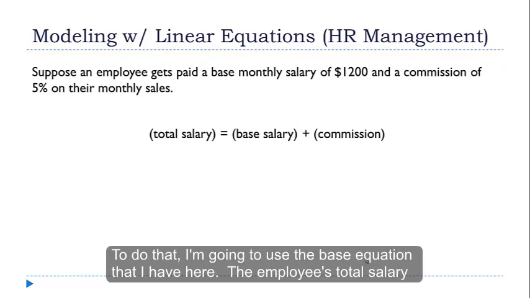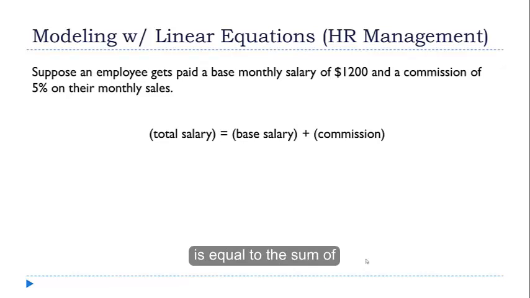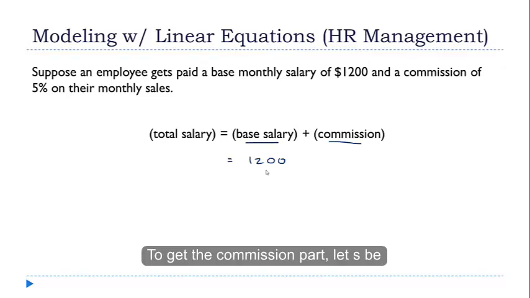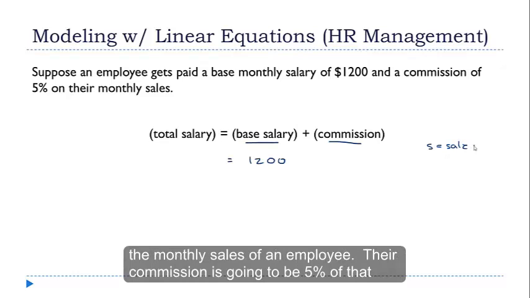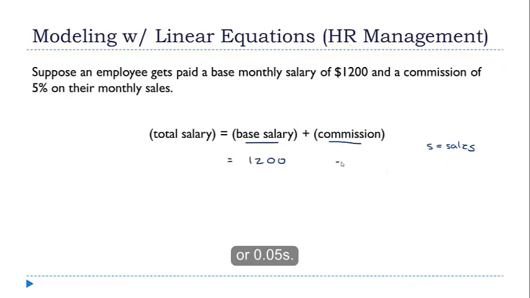So to do that, I'm going to use the base equation that I have here. The employee's total salary is equal to the sum of their base salary plus their commission. So I already know that the base salary at this company is $1,200. And to get the commission part, I'll let S be the monthly sales of an employee. Now their commission is going to be 5% of that, or 0.05